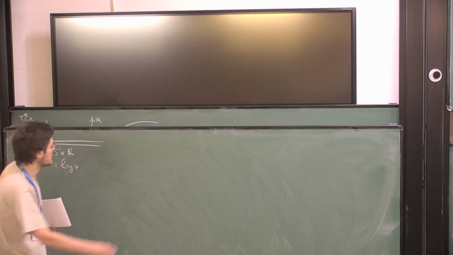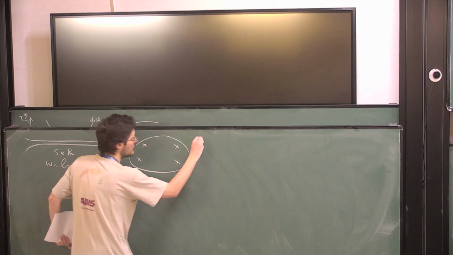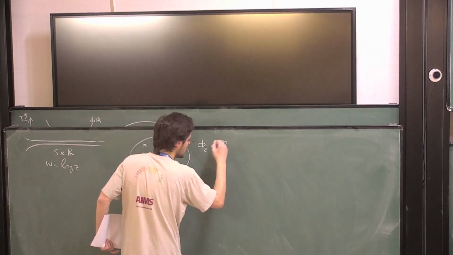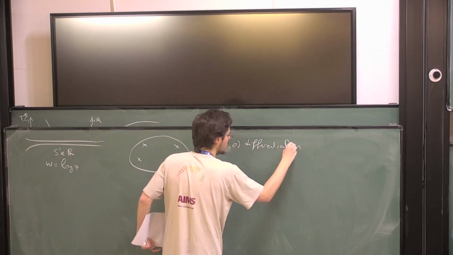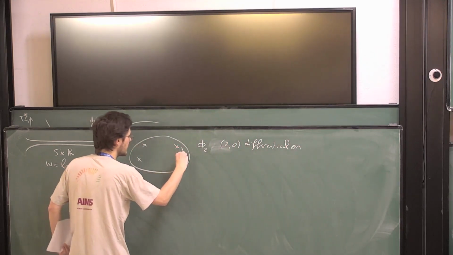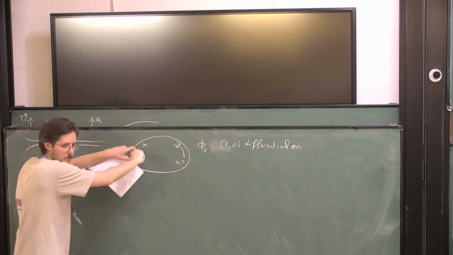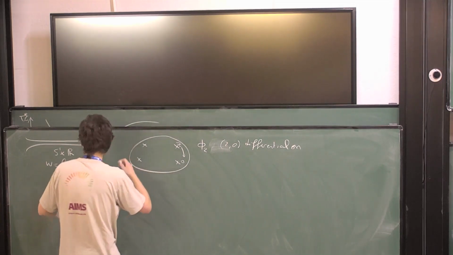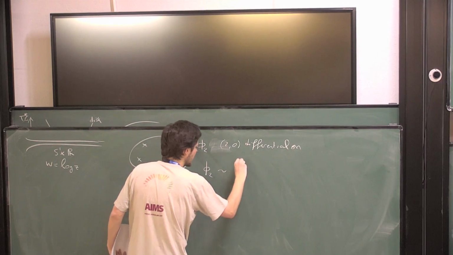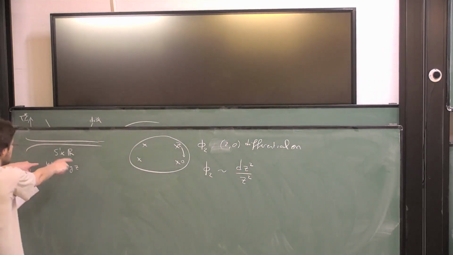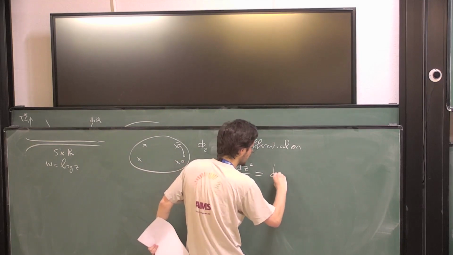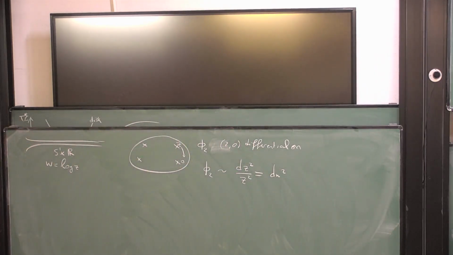So the rigorous way of saying what I'm trying to say is, you look at a typical phi2 differential, like a 2,0 differential on this thing, and you send z to 0, and you look at how it behaves in the middle, and what you will find is that in the middle, phi2 has a second order pole. So the reason I want to go to this coordinate was, you can also understand it as just dw squared. So by correctly taking the limit, you get the following very concrete thing,